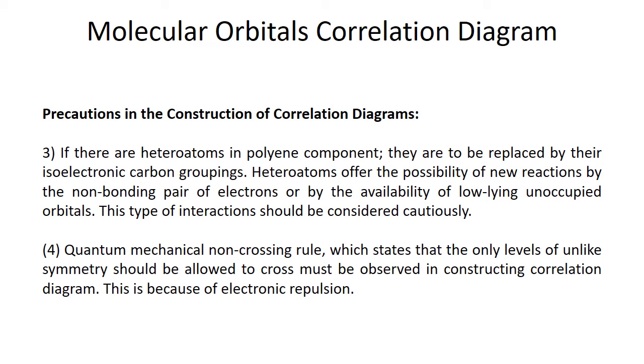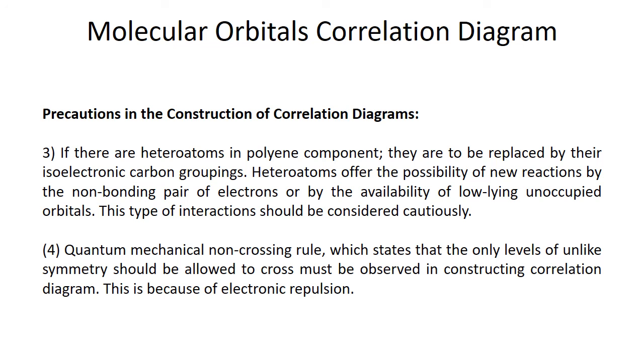Another point is if there is a heteroatom involved in the polyene component, there is another possibility. There is a reaction between ethene and a ketene type of compound, where the carbon-carbon double bond and the ethylene molecule react together, while the carbon-oxygen double bond stays outside the newly formed cyclobutane ring. The important thing is that in this type there is no heteroatom involved exactly, but there could be a nitrogen atom there. There could be an imine type of bond, so C double bond N could react with a carbon-carbon double bond.